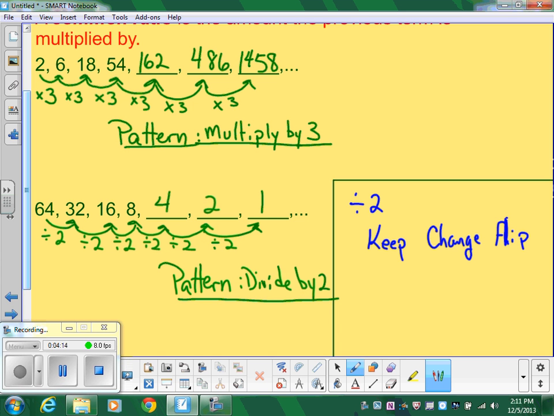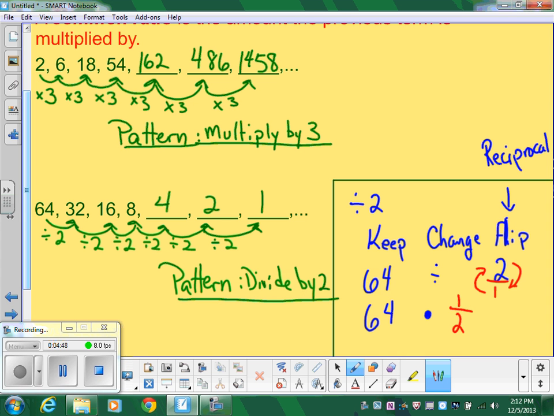So for example, the 64, we're dividing it by 2. Keep the first number, change division to multiplication, and flip the second number, which in this case means we are going to end up with a reciprocal. And the reciprocal of 2, we're starting with a fraction 2 over 1. So when you flip it over, it becomes